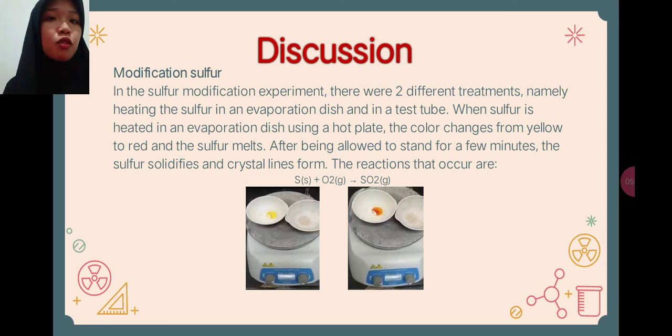Discussion modification of sulfur. In the sulfur modification experiment, there were two different treatments, namely heating the sulfur in an evaporation dish and in a test tube. When sulfur is heated in evaporation dish using a hot plate, the color changes from yellow to red and the sulfur melts. After being allowed to stand for a few minutes, the sulfur solidifies and forms crystals. The reactions that occur are